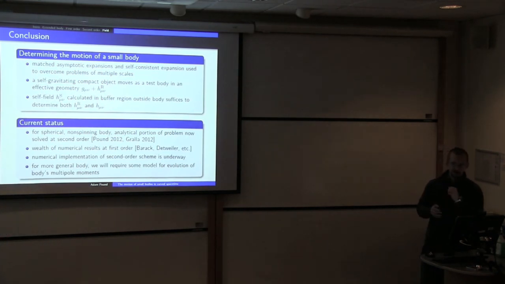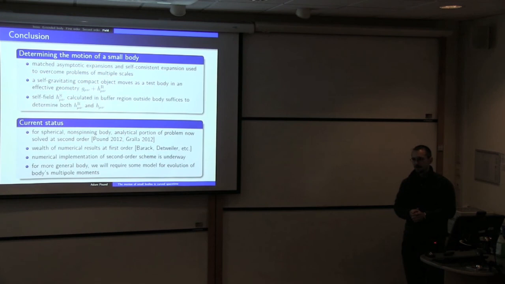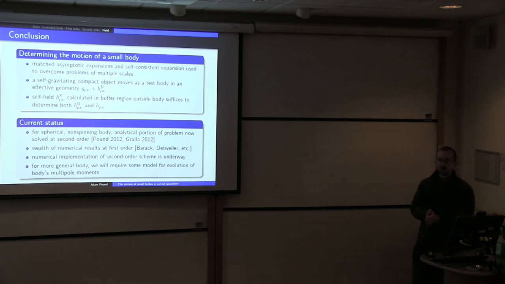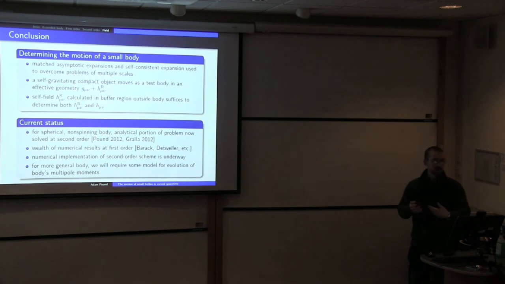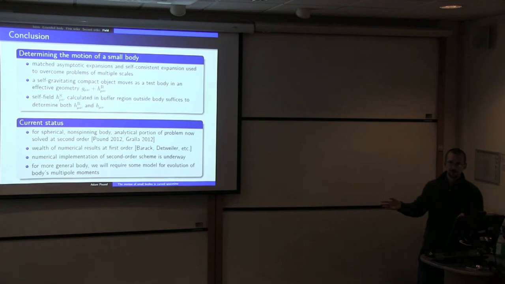Mostly people have not actually been evolving the orbit. They pick a background geodesic, they calculate the field sourced by that, and they calculate the force created by that field. And they don't actually use that force to evolve the orbit. Although now there has been one implementation where the orbit has been evolved using the force. But mostly what you do instead is calculate some gauge invariant quantities. There's now a whole list of gauge invariant quantities that have been calculated, like the ISCO shift, or something that gets called Detweiler's redshift variable,